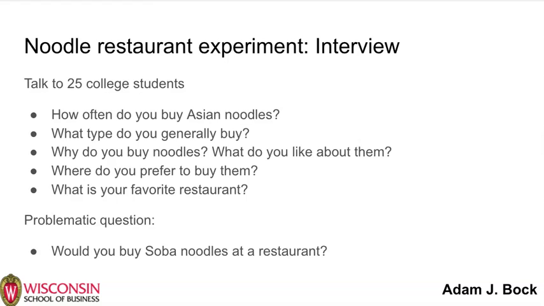One of the biggest ones is called social desirability bias, and that means that we like other people to like us. So if someone asks you a question like, would you buy soba noodles at a restaurant, even maybe you're not very familiar with soba noodles, you don't go out very often, you might have a tendency to say yes because you suspect that's the answer that they want, and you want them to like you for having said the right answer.